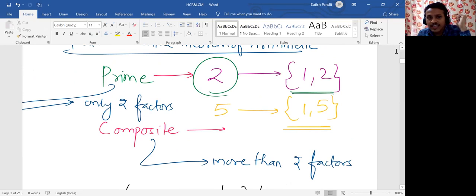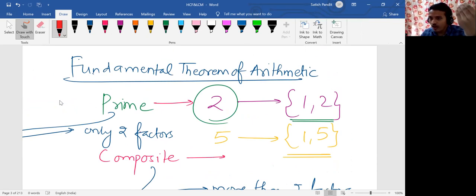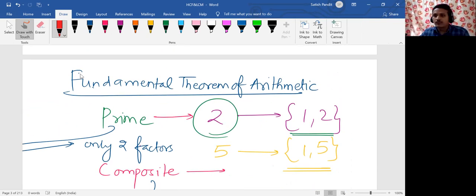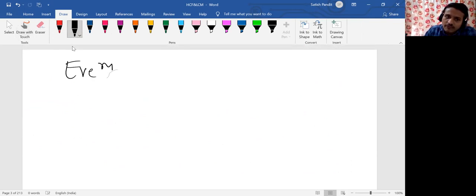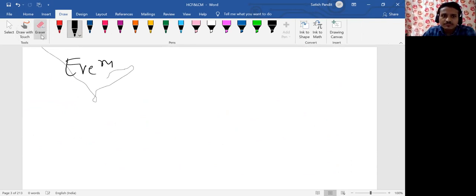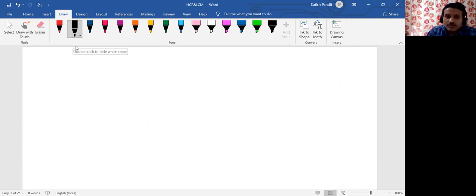So now I will state what the fundamental theorem of arithmetic is, because in that definition, prime and composite numbers were involved. So I told you what a prime number is and what a composite number is. Now let us see what the fundamental theorem of arithmetic is. See, the fundamental theorem of arithmetic states that every composite number